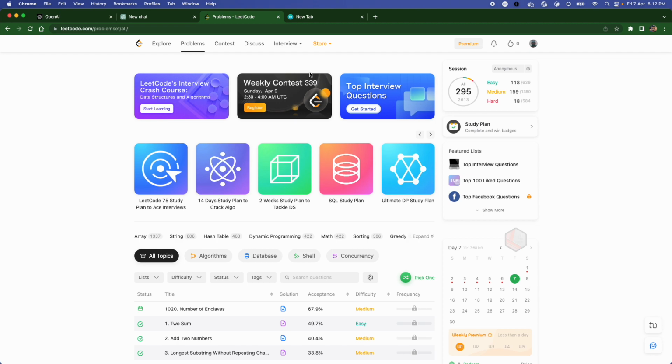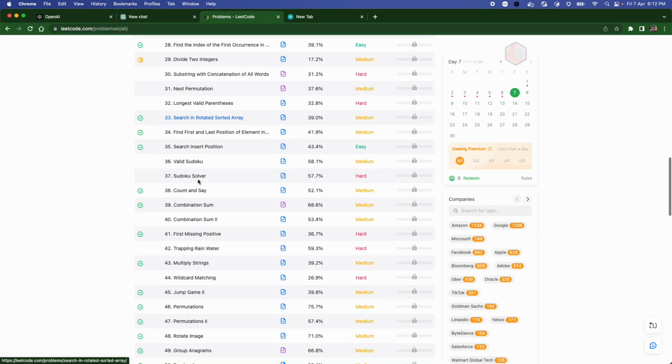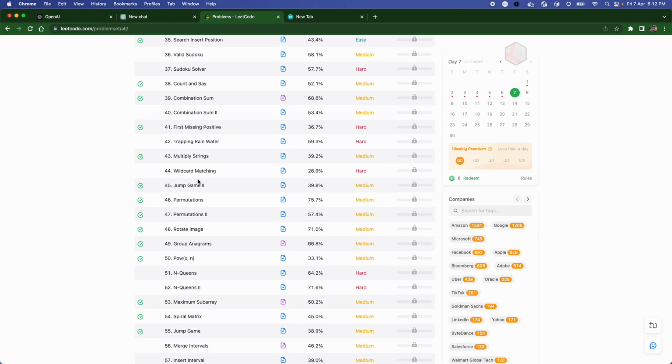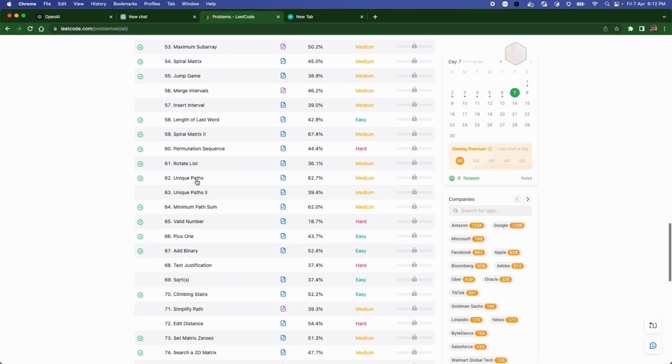Leetcode, for those who do not know, and surely the number of those people would be close to zero, is a platform where you will get an ample amount of questions. People who have coding as a hobby can explore this platform, and they have a large number of questions.